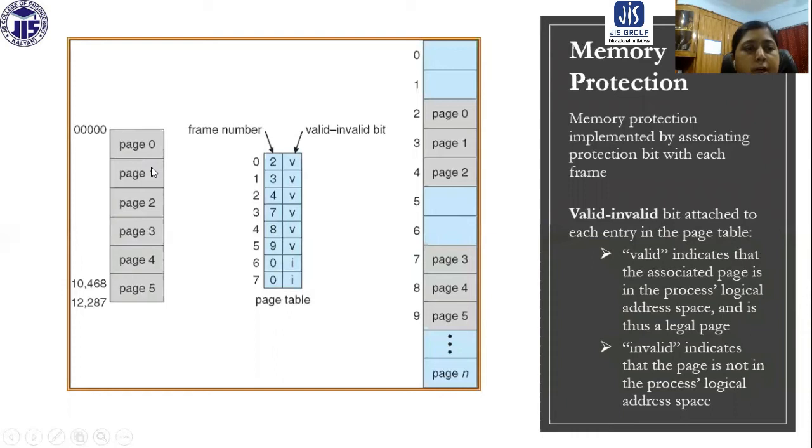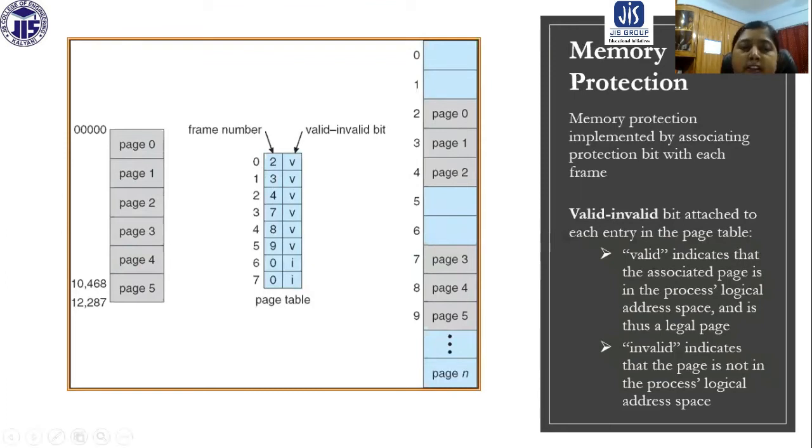So for this process, we can see from the page table that page 0 is located at frame number 2, and this frame number is valid for this page. So V basically indicates valid. Now for page number 1, the frame number is 3, and it is also valid for that particular process.